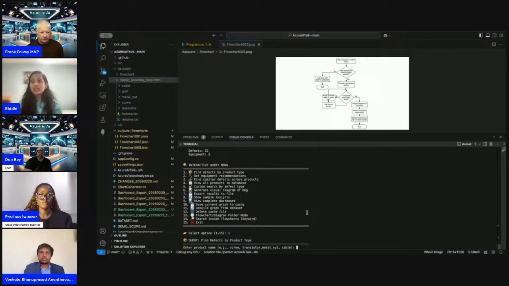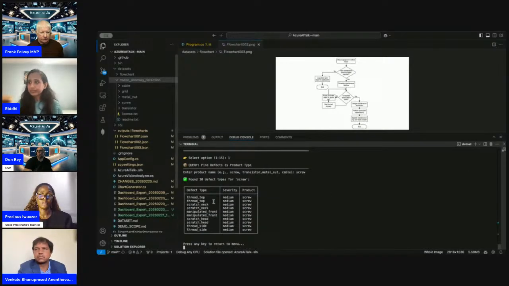So for now, I just want to say the screw, and then I get the defect type. It is the thread top, the scratch neck, the manipulated front. And then the severity is medium. So it's not that the screw is just broken up. It's broken from the top, from the middle somewhere, or something else.